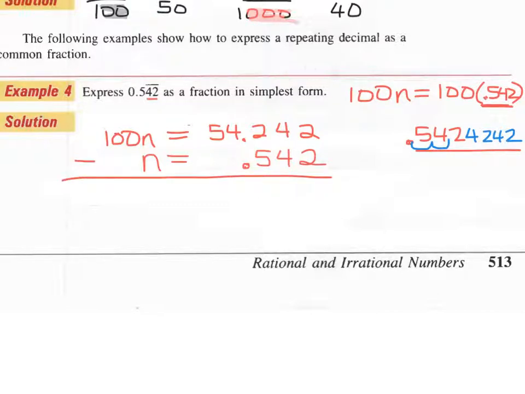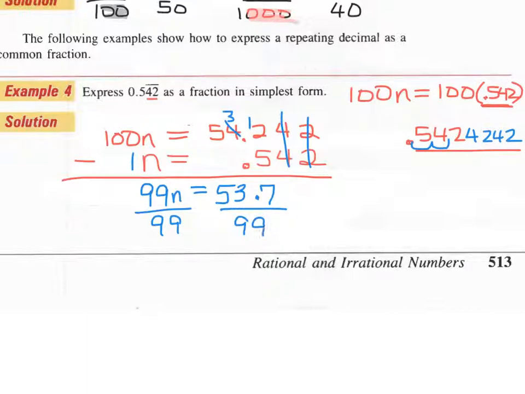Notice the 4 2's cancel, the 2 here cancels and that becomes a 0. And then here I'm going to borrow, and this becomes 53.7. And then 100 minus 1 gives me 99n. I need to divide both sides by 99. And now I have n is equal to